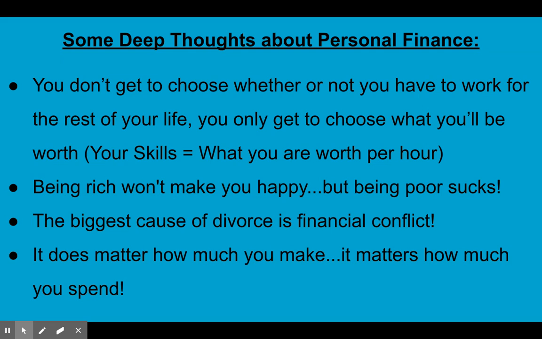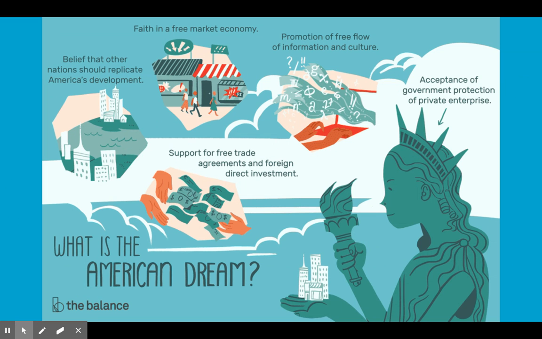And then he said, I have a friend who works as an airline pilot who makes six figures. That means over $100,000. And yet he's always in financial ruin. He's making three times as much, but he's making poor choices on the spending side. And so, of course, that's affecting his life. He's always in financial trouble, even though he makes more money. So it's not always about how much you make, it matters how much you spend. And those are some things that will affect your life. There's a lot of people that talk about the American dream.